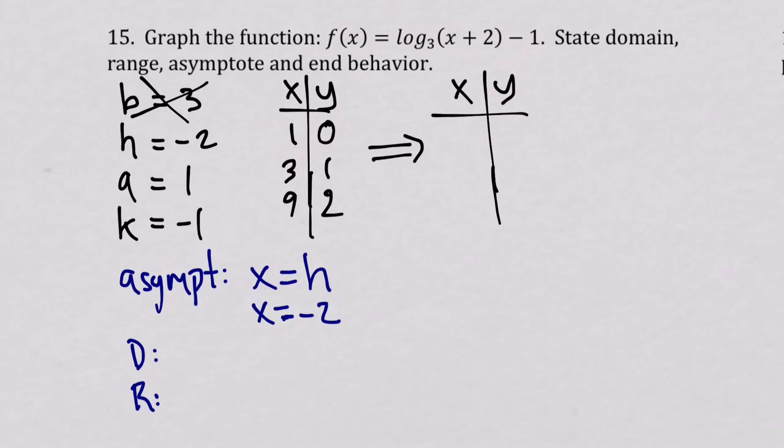The range in this case is limited by the asymptote, right? So you just got to figure out the asymptote is the value that the graph cannot cross. Is it going towards the right or towards the left? These are going to go to the right, so x is greater than -2. And you could probably see that better by actually looking at the graph. The domain is